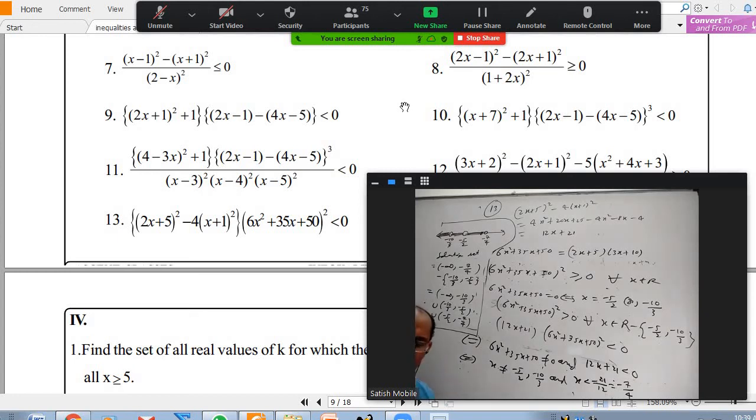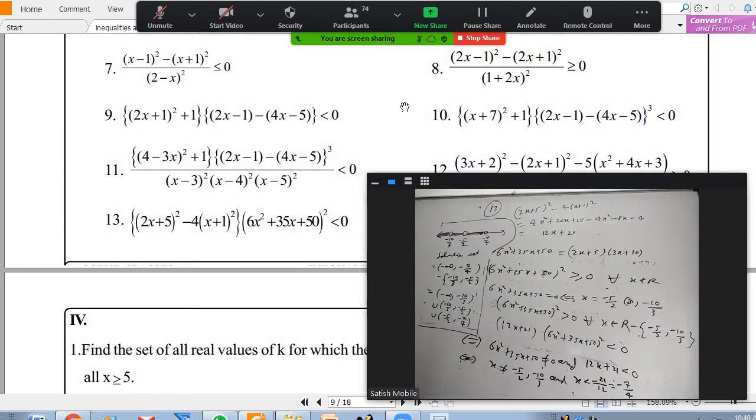If something whole square is always positive, I can send that side. But where it is 0, I have to avoid that. So I clearly mentioned that this is always greater than or equal to 0. When it is 0, and when it is positive. So you understand that it is mostly positive, so I can divide by it as a positive number. But for 12x plus 21, where it is 0 is not the only important thing, where it is positive and where it is negative is also important. Here, where it is negative is not important because it can never be negative, it is always positive.